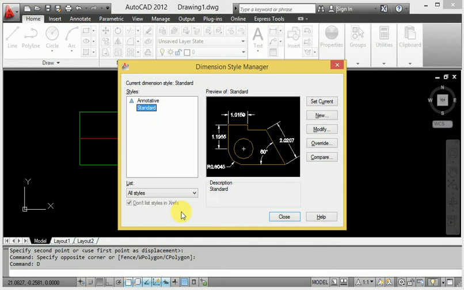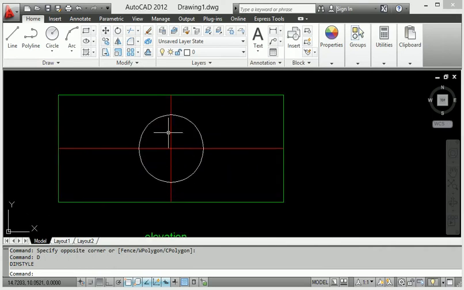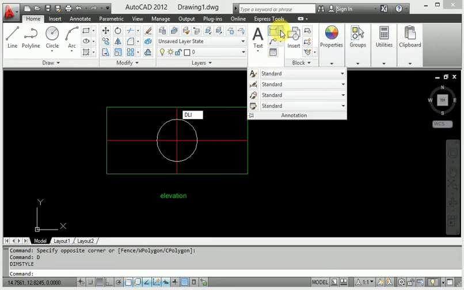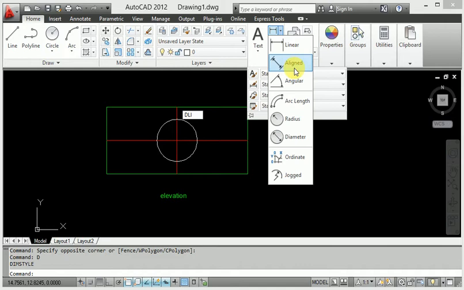So let's start. First of all, this is our diagram right now. I will provide the dimensions on this diagram. When you type DLI and press enter, look at this, friends. I am using the shortcut key because it is time-taking to go to the ribbon. Every dimension is in the annotation panel: linear, aligned, angular, radius, diameter.